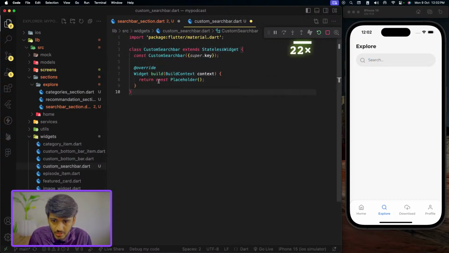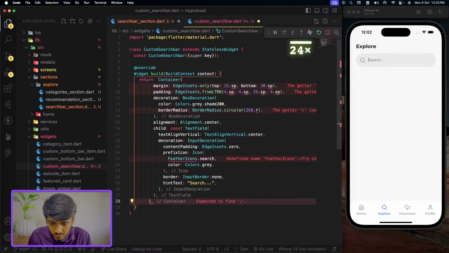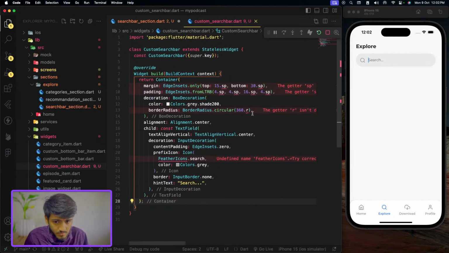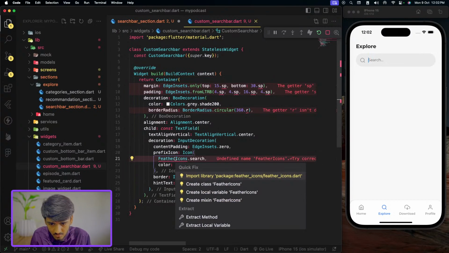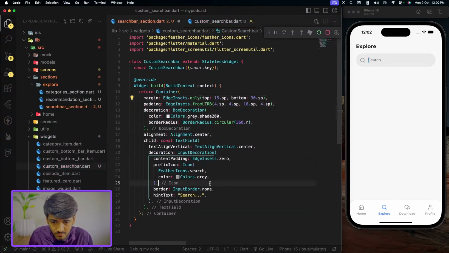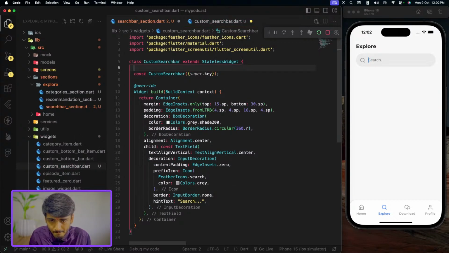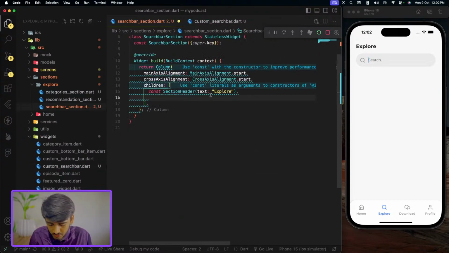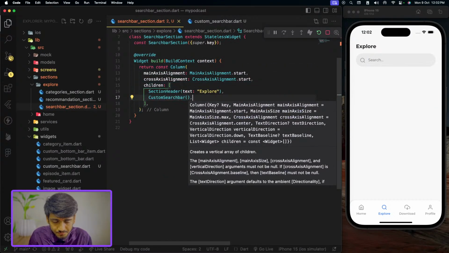Custom search bar, and we'll remove this. Let's import required stuff. Now let's use custom search bar here,